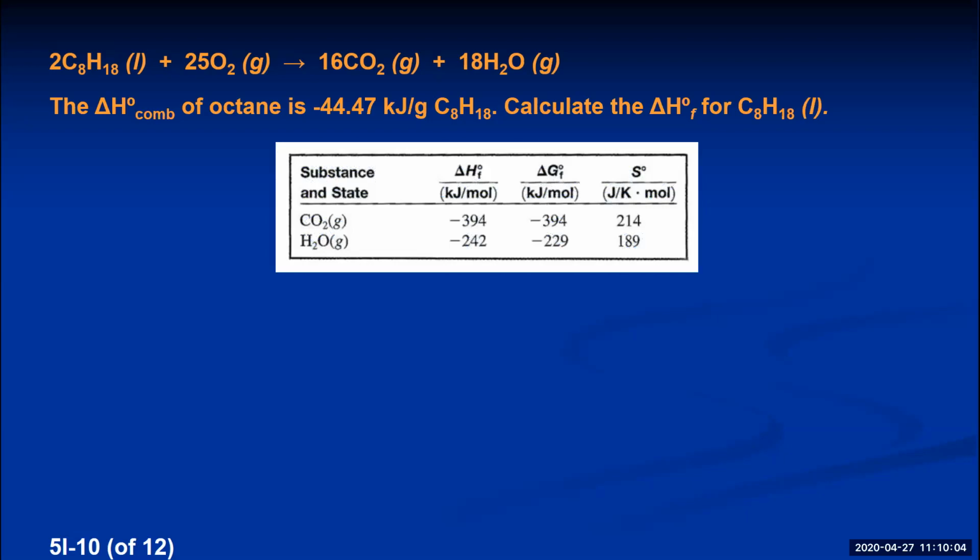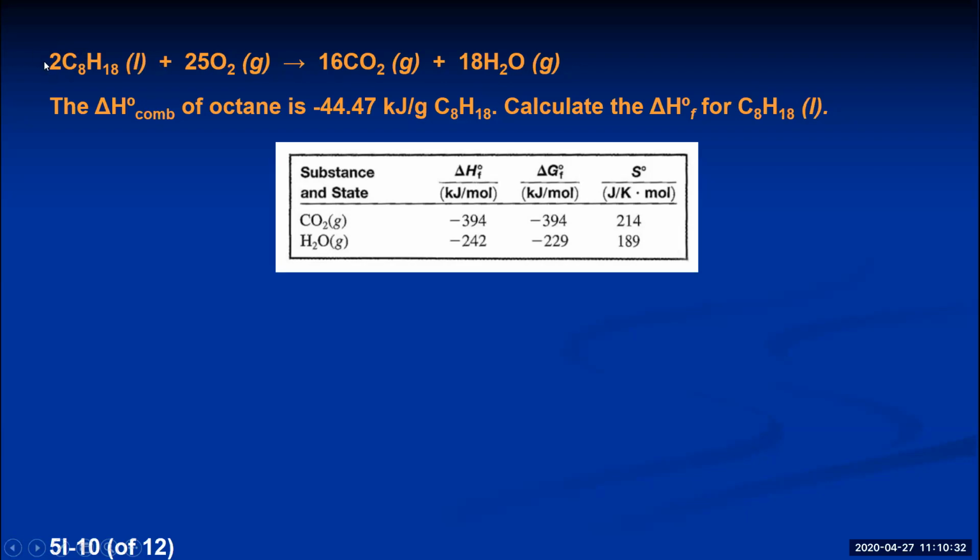We'll need to be given a couple of other bits of data from a thermodynamic table, the enthalpy change for the formation of carbon dioxide and water vapor. So I've given them to you here. So if we're trying to find a standard enthalpy of formation, and we know the enthalpy change for an overall balanced chemical equation, I want to figure out first what is the actual enthalpy change that goes along with this reaction, because this reaction is combusting